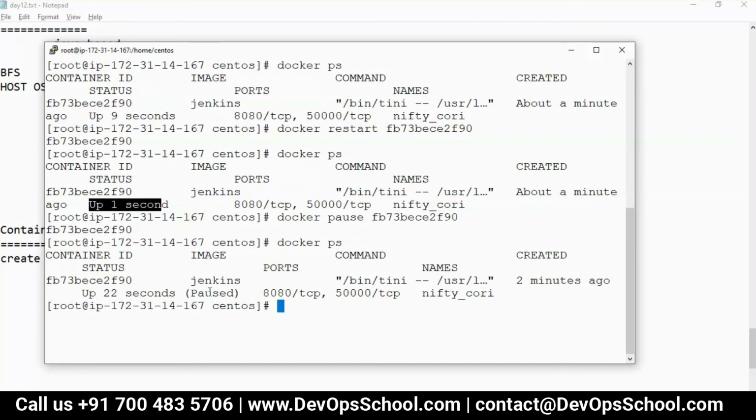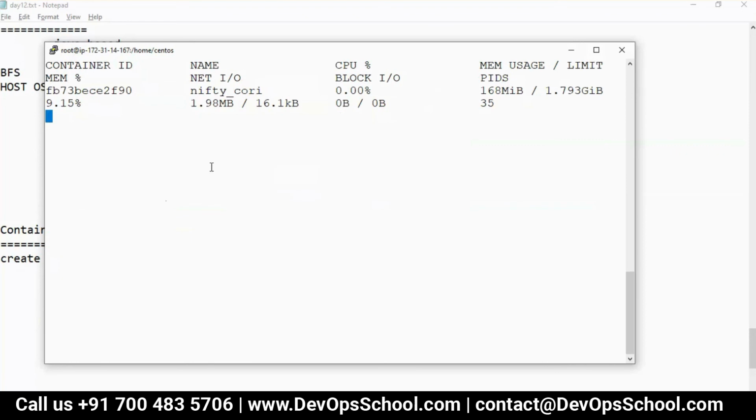But the question is, what is the difference between pause, running, and pause? So you see that status, state, CPU allocation or RAM allocation. Look at it. Right now, this container is in pause state. What is the percentage of CPU they are using? 0. They are using RAM, but what is the CPU? 0 allocation.